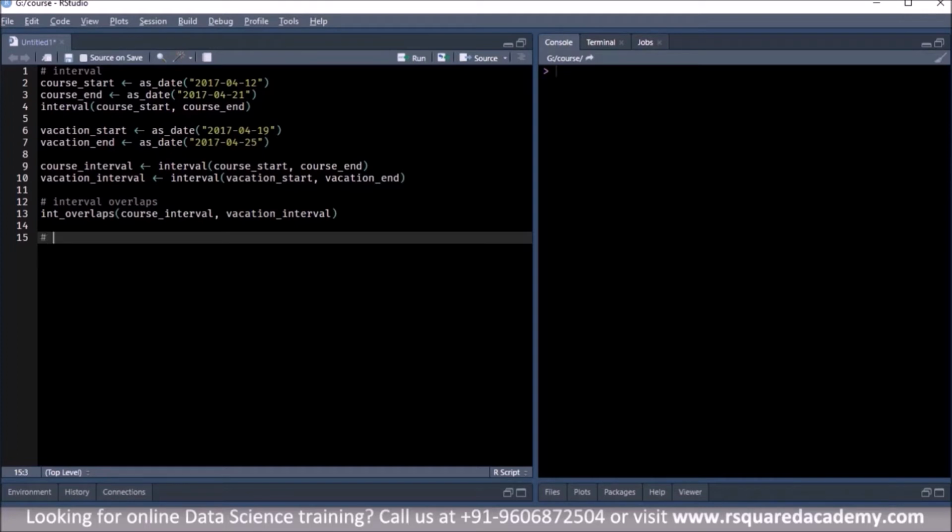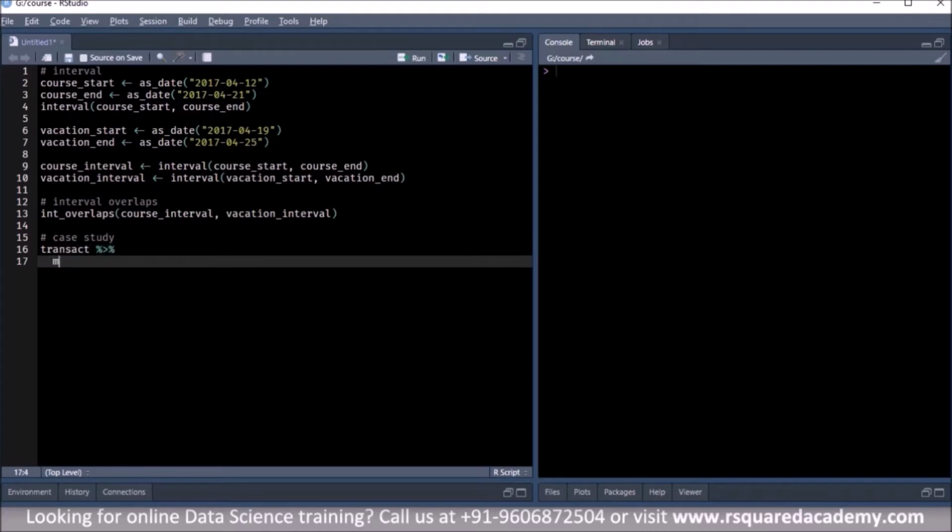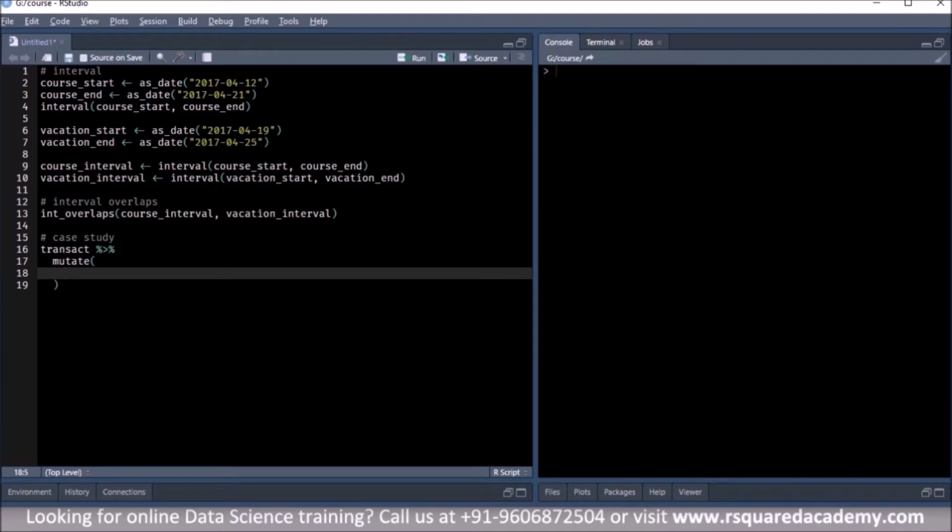Okay, so just a little bit of roundabout that we'll do. So let us take the data set that we have, which is transact, right? And then we will create a few new columns or variables, which we'll use to calculate the number of invoices that were settled within due date. So first thing that we'll do, since we are using the interval approach, is create an interval between the invoice date and the due date.